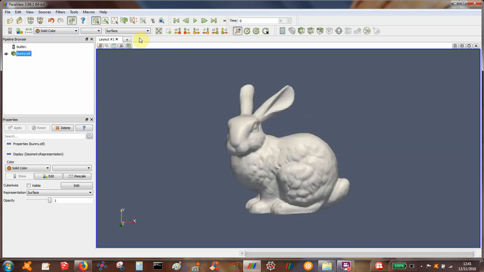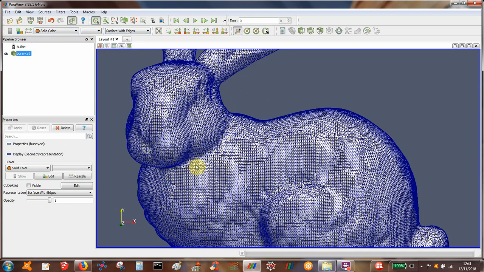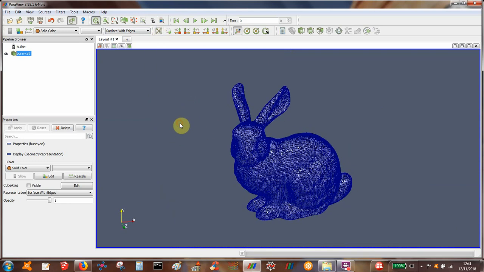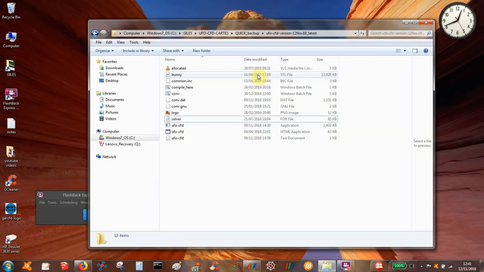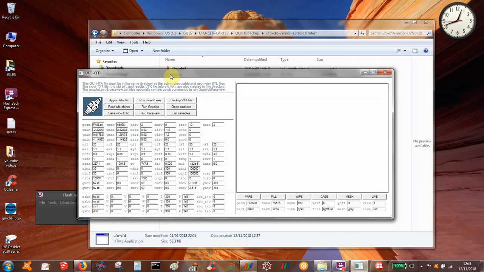So this is quite a fine model. There's lots of triangles, and so for whatever reason we might want to do a CFD analysis of that. My working directory has the text input file, the GUI, and the solver. So I load the GUI first of all, read in the text file with all of the default values, and then